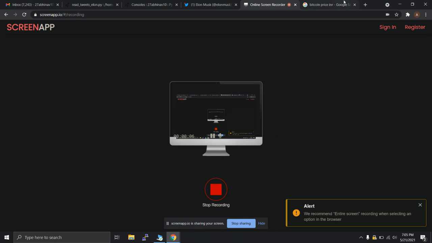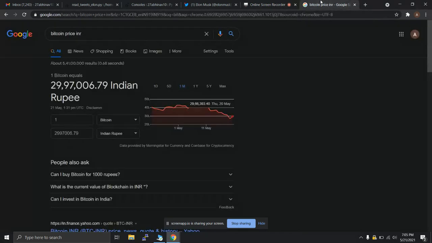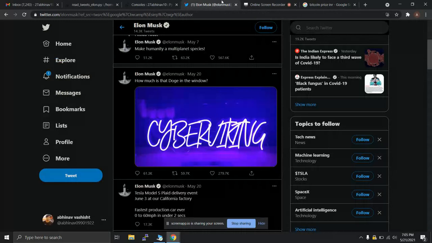So, today we are gonna do a short tutorial about something that I created to track Bitcoin and Dogecoin prices. One thing we have noticed is that whenever Elon Musk posts anything positive or negative about Bitcoin or any cryptocurrency, the prices go up and down depending on whether he tweeted something positive or something negative.